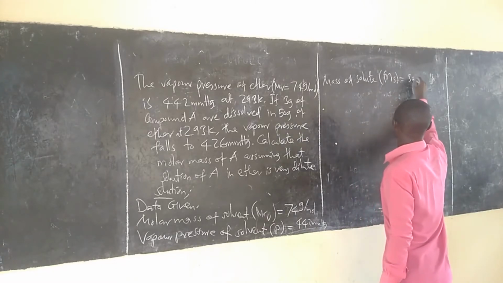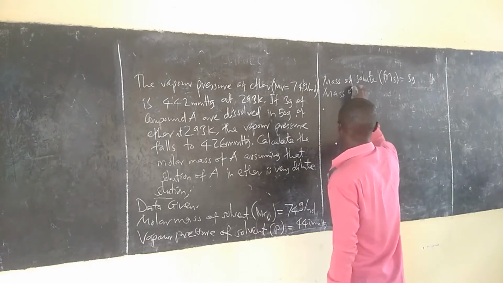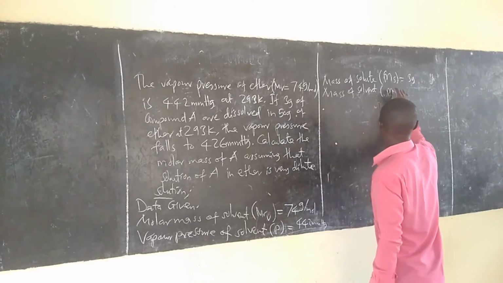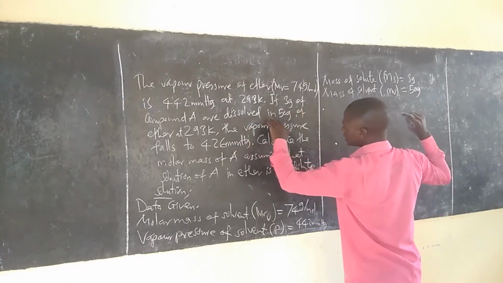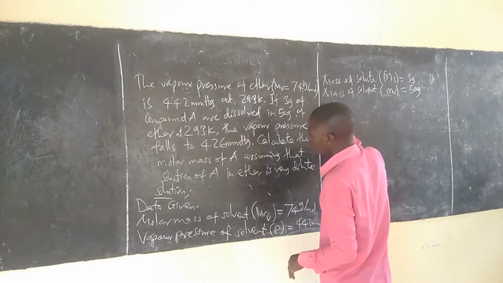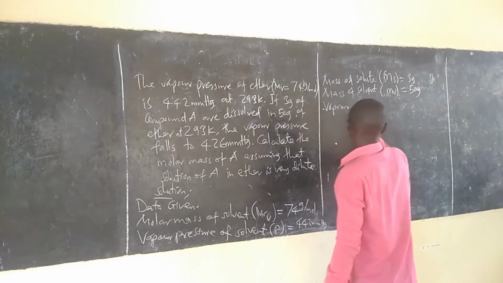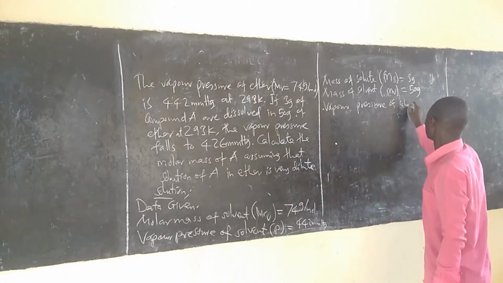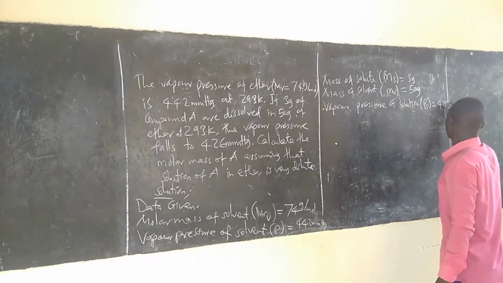MS equal to 3 grams. We have mass of solvent MV equal to 50 grams. 3 grams of compound A are dissolved in 50 grams of ether. Ether is our solvent. So from there we are also given vapor pressure of solution PS, 426